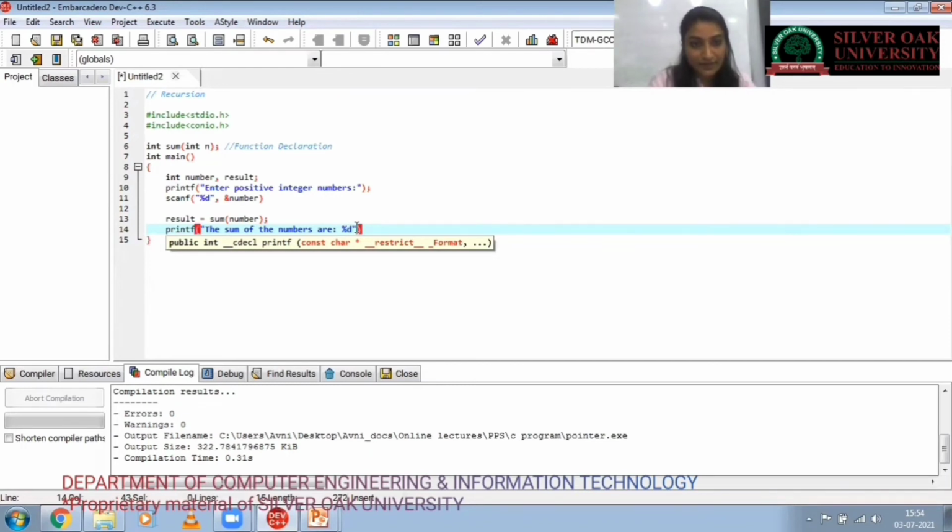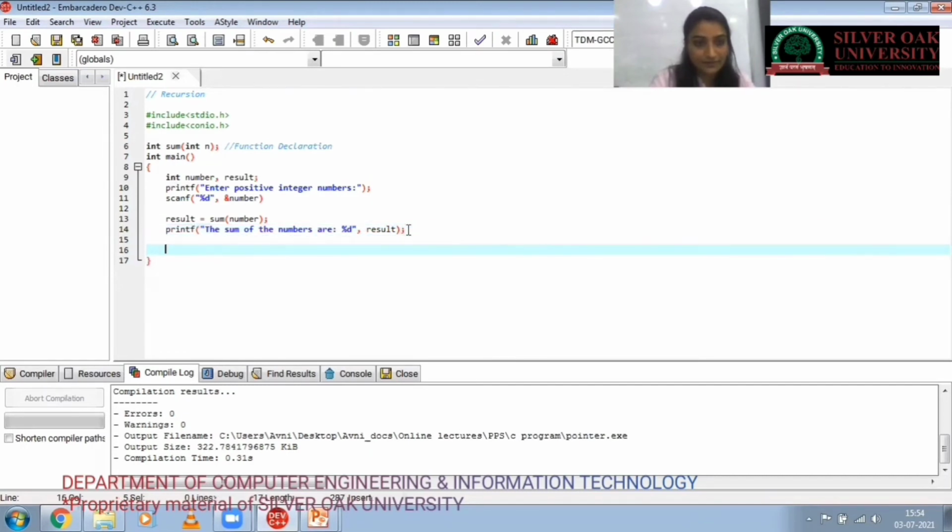We print the result variable here, right? And this is our function calling.